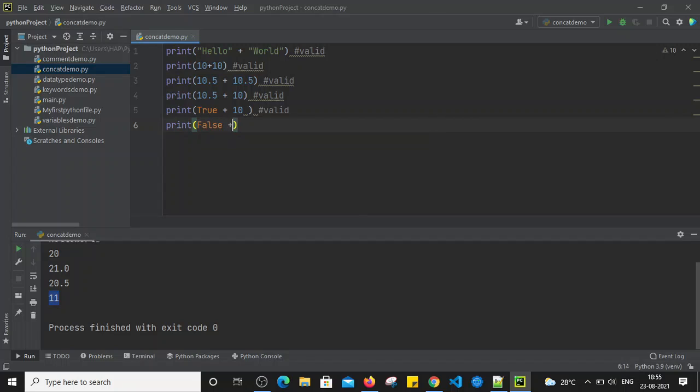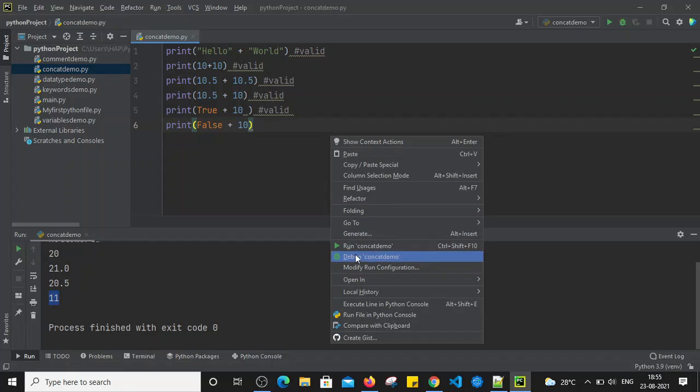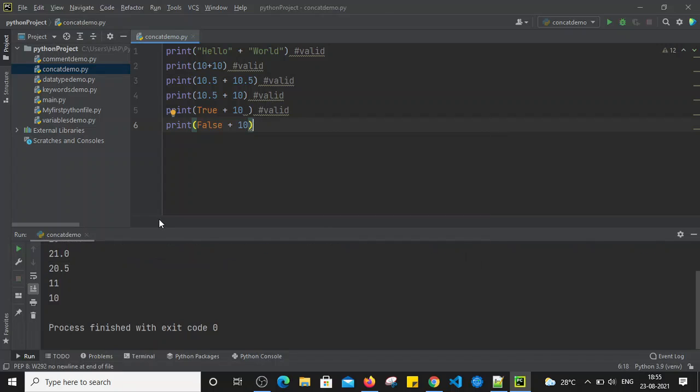So if you try to combine false with, let's say, 10, let's check it out. It will return the value 10, because false is considered as 0, and 0 plus 10 is nothing but 10. So this statement is also a valid statement.